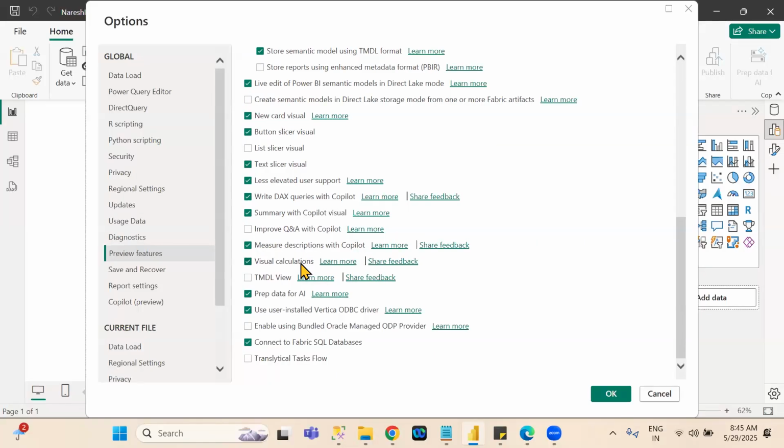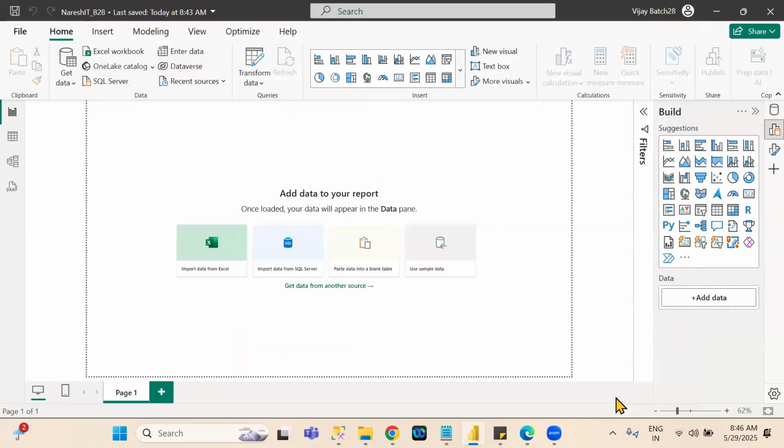Visual calculation. Just click on OK. After clicking on OK, you must restart your Power BI file. Not restart your system, I'm saying restart your Power BI file. Restart your Power BI file means just close this file